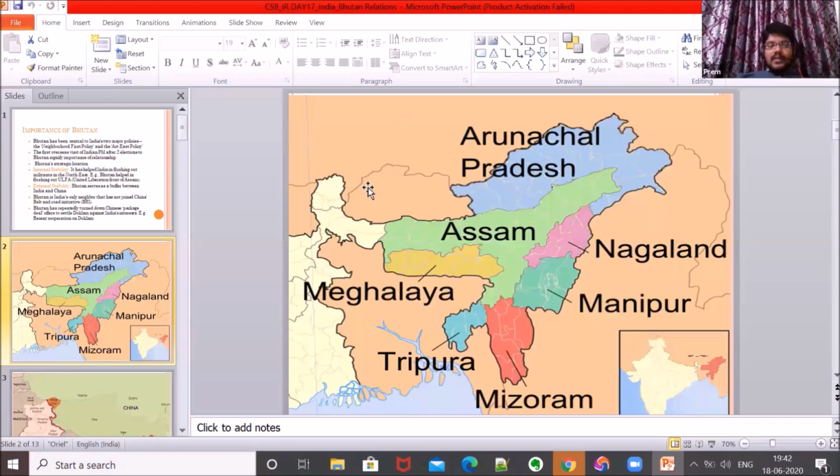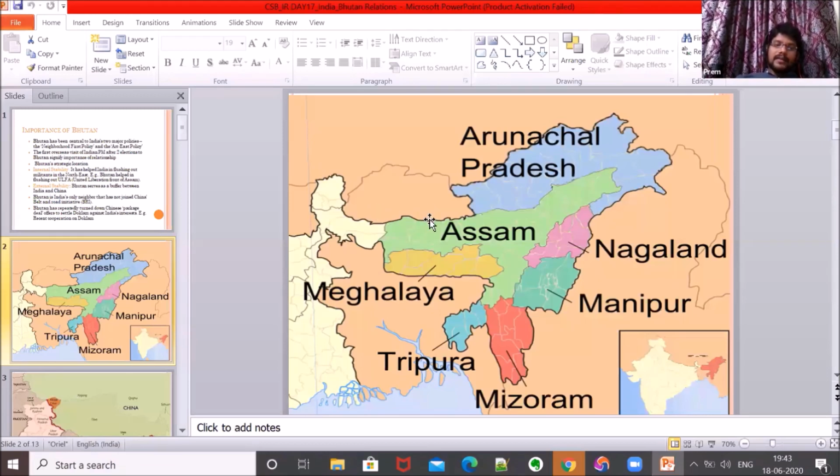Because of this, there are two kinds of importance. One is internal stability, and the second is external stability. First, internal stability. You all know there are constant violent activities in the northeast. Like the Bodoland issue, the separate Assam agitations. Similarly, previously there were some groups asking for a separate Gorkha state, and some groups which are violent in Assam. So frequently, this area has many kinds of separatist organizations. These organizations mainly sheltered in Bhutan.